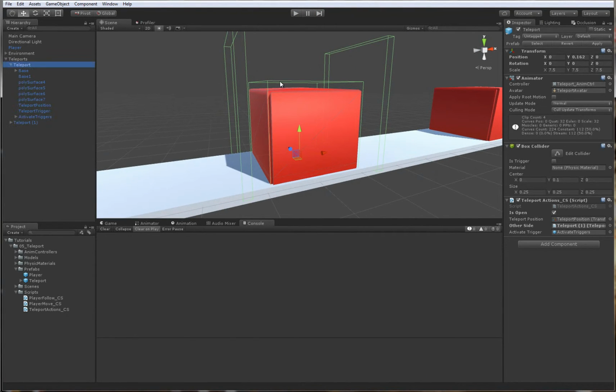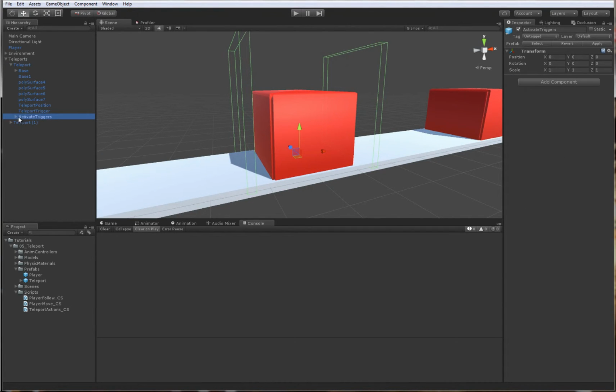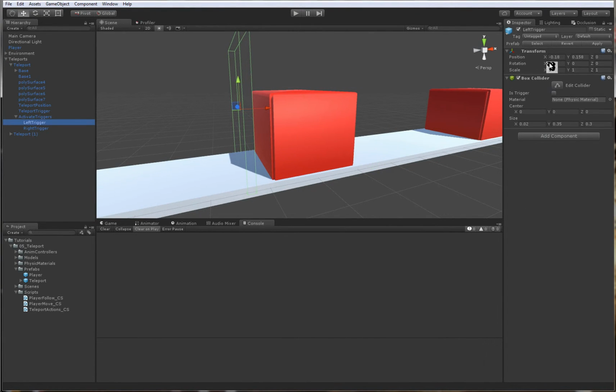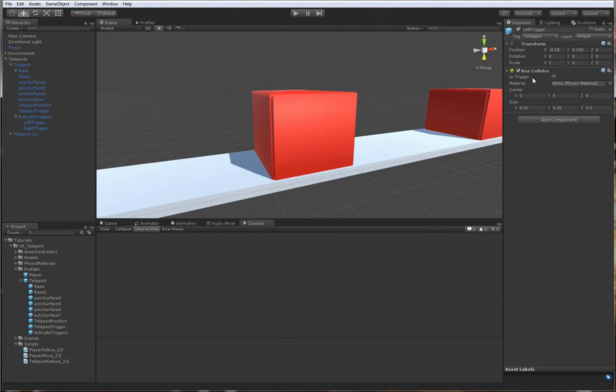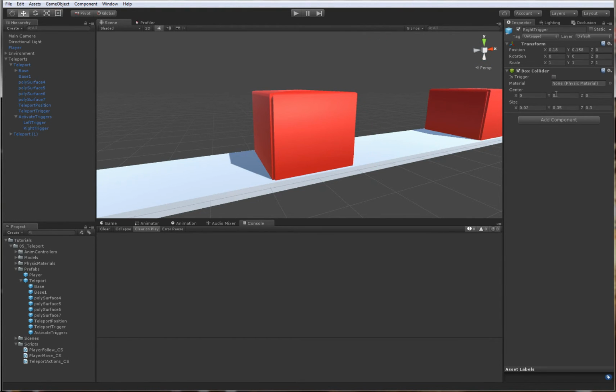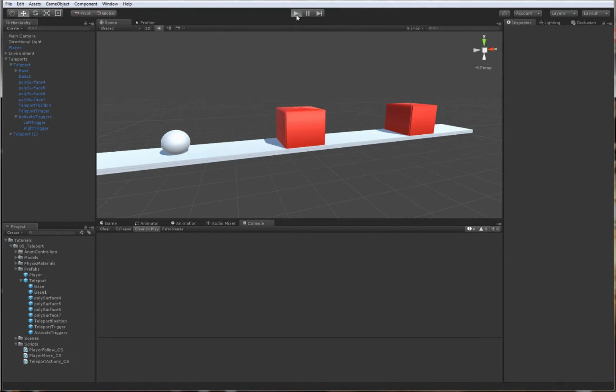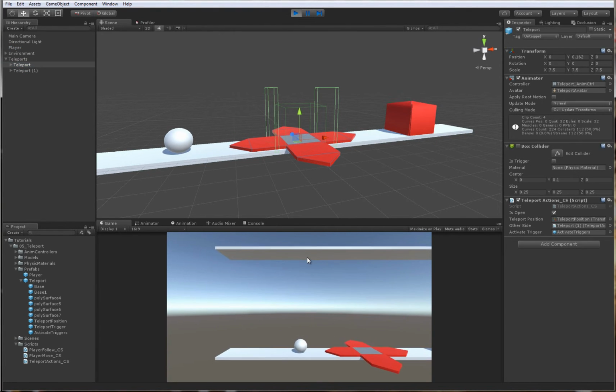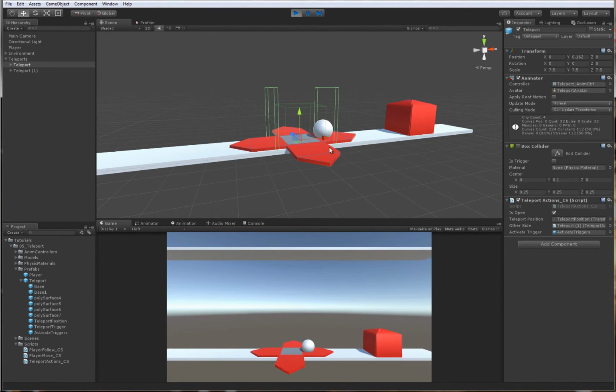Just select the teleport, go to the activate trigger, select left, and then select the prefab, set it to is trigger, select the right trigger, select the prefab is trigger. Okay, now we're going to play again. Now we're not going to teleport since we don't have the trigger,